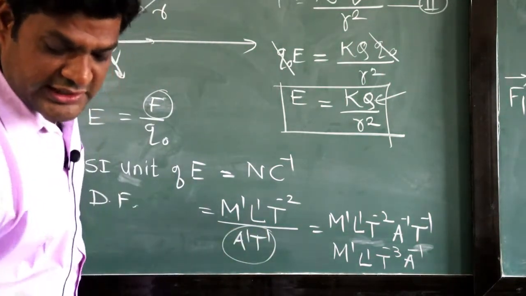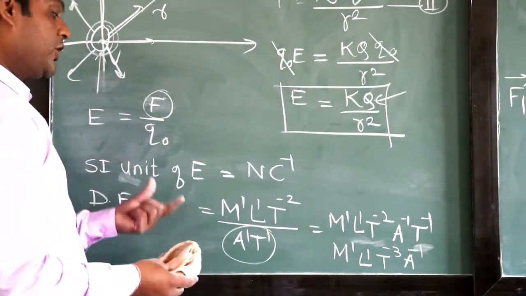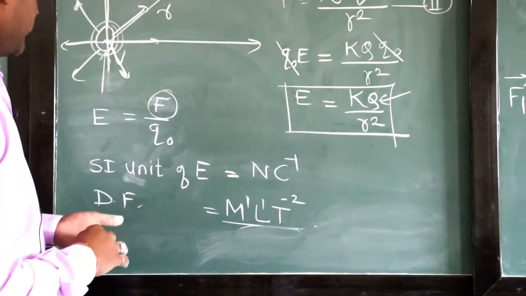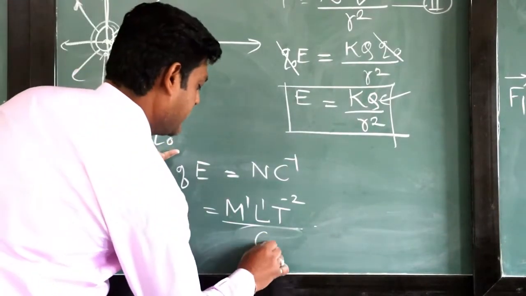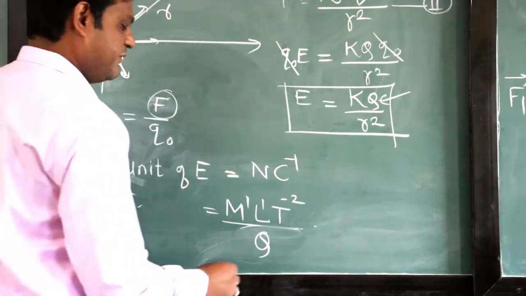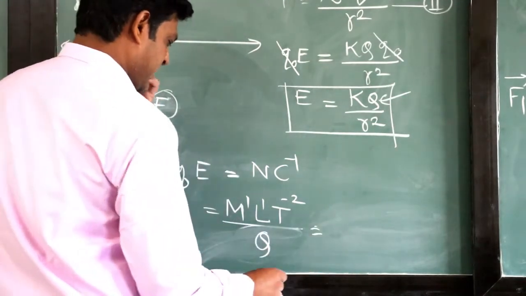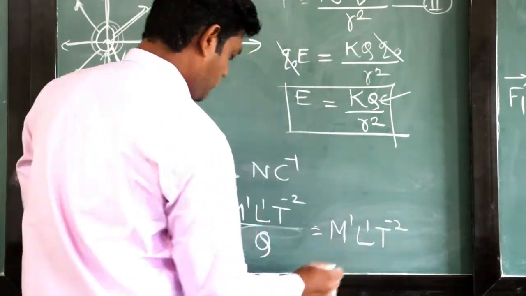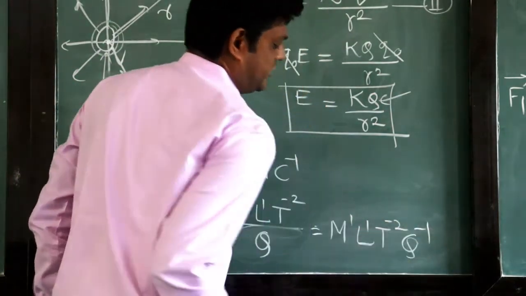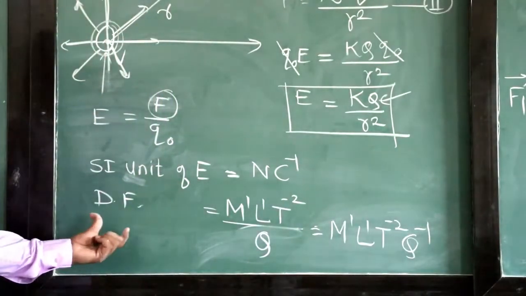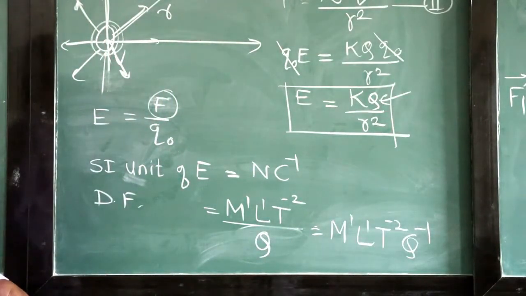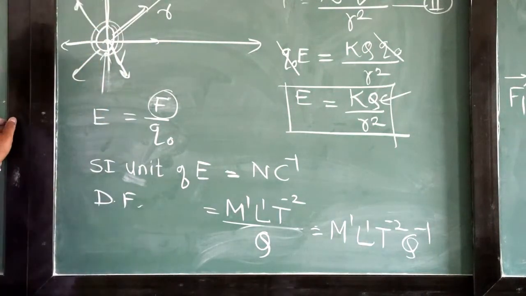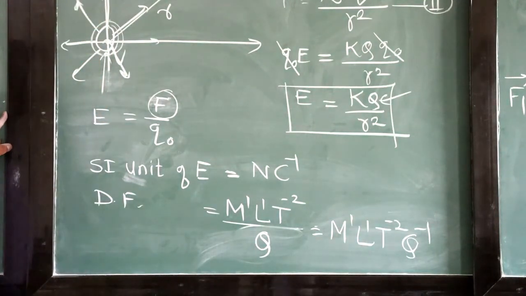Dimensional formula for electric field also we can calculate in the form of Q. See how? So instead of charge we will write capital Q. Dimensional formula for Q will be like this. So the formula becomes M^1 L^1 T^-2 and Q^-1. This is also a dimensional formula for electric field. Understand? The next topic that we are going to understand is the characteristics.